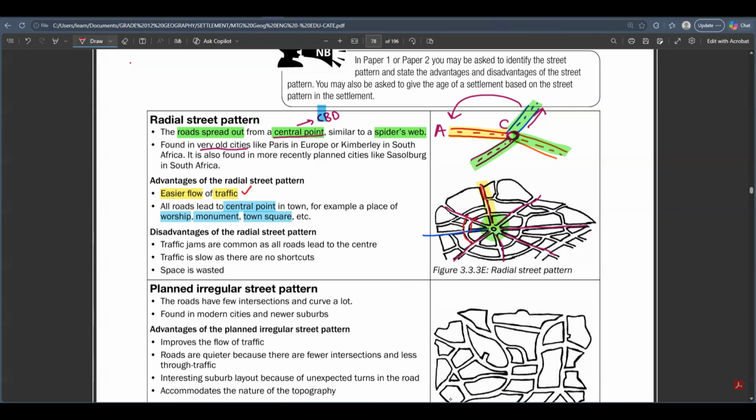These circular roads here are the ones that are connecting the main roads together so that you can easily navigate to different main roads at the same time. As I've already told you guys, if you are moving from point A and you are going to point C, and you need to now go back to point A, but there is traffic, you can just take a route that will take you to point A. That's why you're having these circular roads that are connecting the main roads together.